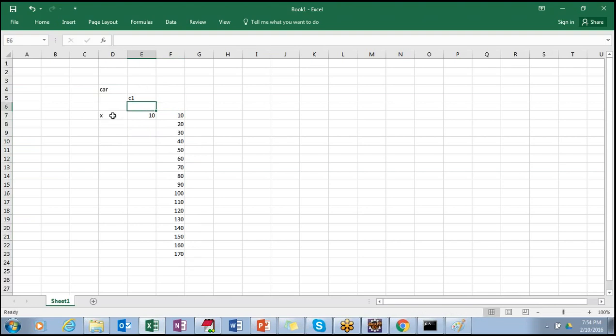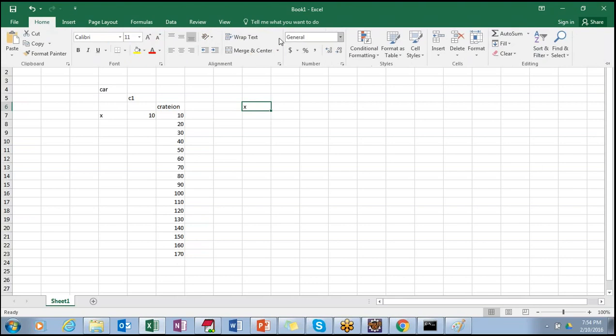Initially I initiated the value with 10, and let's say the method is called creation in a car. What it does is x equal to x plus 10, so x value always gets increased, 10 plus 10 plus 10, x plus 10, x plus 10, x plus 10. So the value is always being increased. Let it take time, don't worry, just try to understand it. If any doubts, ask me again and again. That's not a problem.